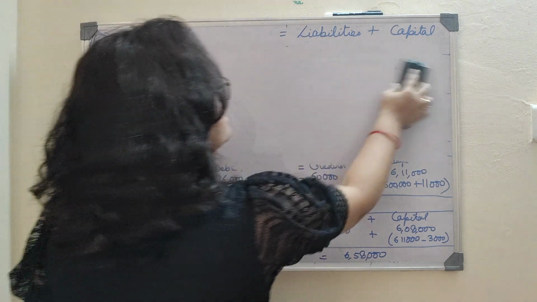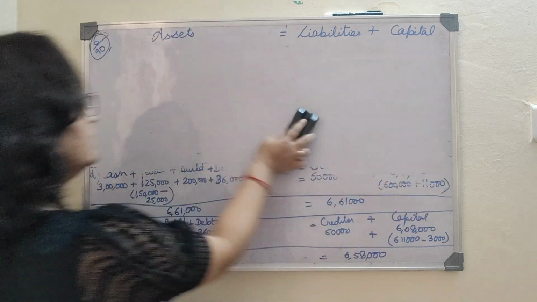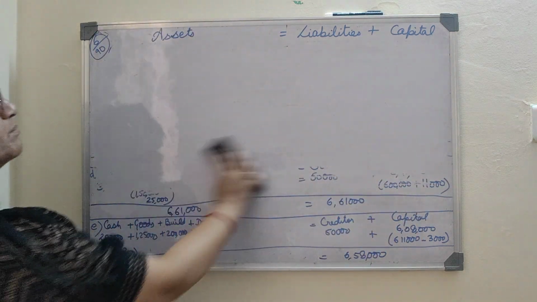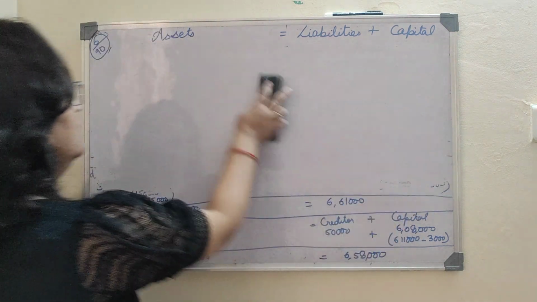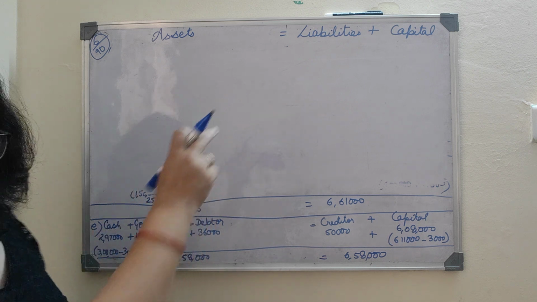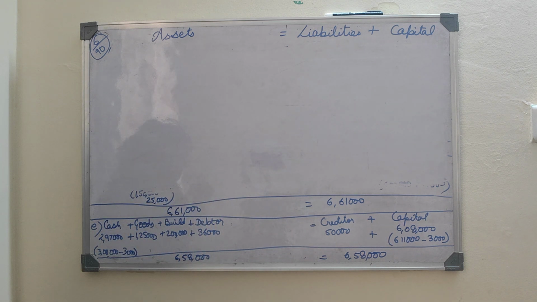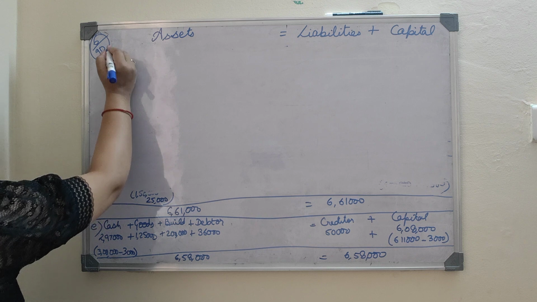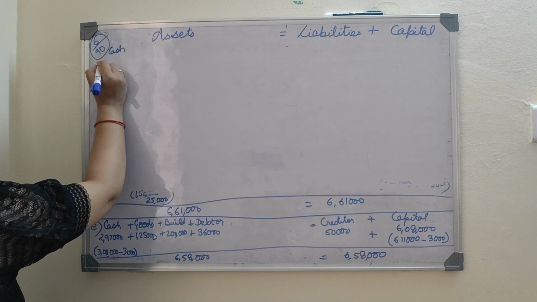There are certain differences in all the questions. Please don't get confused with what is being told in the previous question and what is being done in this question. There is the same method which we are following everywhere. Now the F part says rent outstanding. Rent outstanding means there is still rent to be paid, which we have to consider that we have to pay it. So what we will do, it will be created as a separate head in liabilities and it will be subtracted from capital. So cash remains the same,